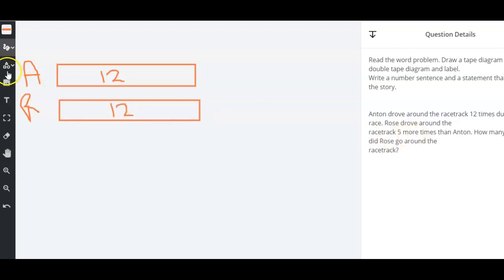So what I'm going to do is add on another little rectangle here because I know that this one has to be bigger. So I would say 5. Oops, got to get my pencil back. So I would say 5, and there's an eraser down here if you need to erase something. And then you can use the text to even type out 12 plus 5 equals, oops, blank. Or they could write it out, or you could say,